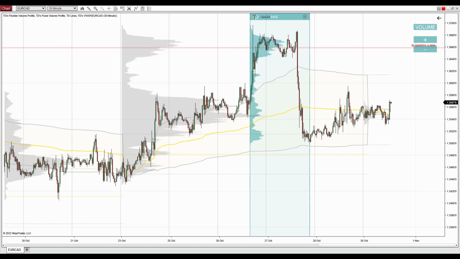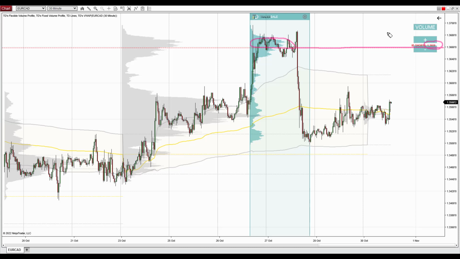It will show you the volume distribution within this rotation area, and very often you will see that there are massive volumes accumulated within the rotation area like this. Where I want to trade from is here. This is where the heaviest volume zone begins, this one, and it is at